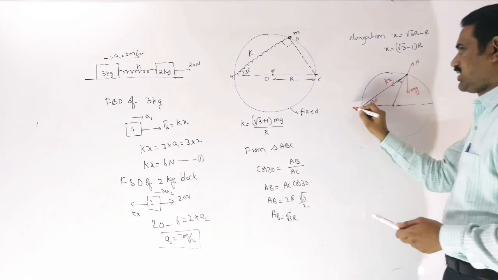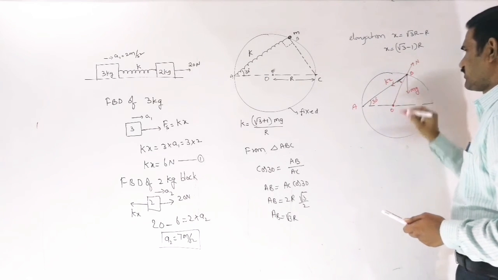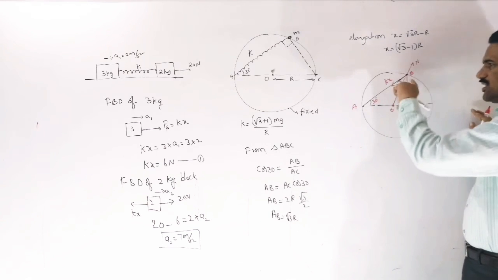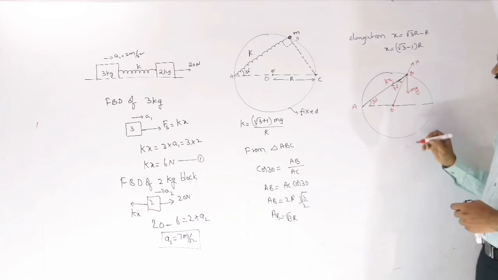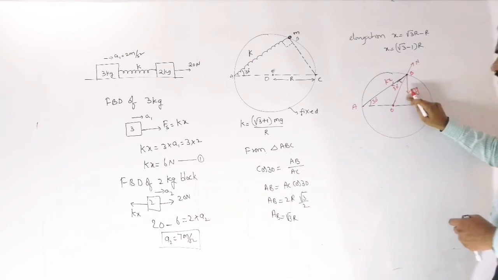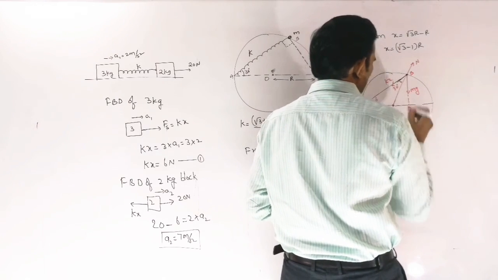The names of these points are O, A, B. So this angle is also 30 degrees here, because this OA is radius r and OB is also radius r. So that angle we can say is 30 degrees. And then next, when you are completing this triangle here, I am extending this vertical here, so that this point is D.